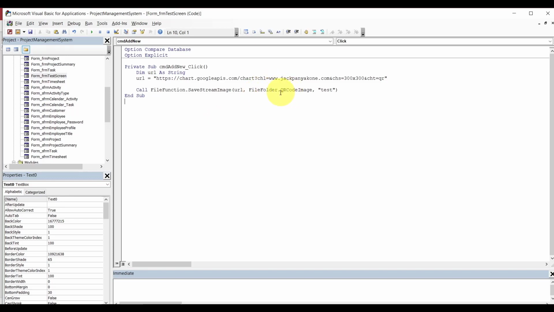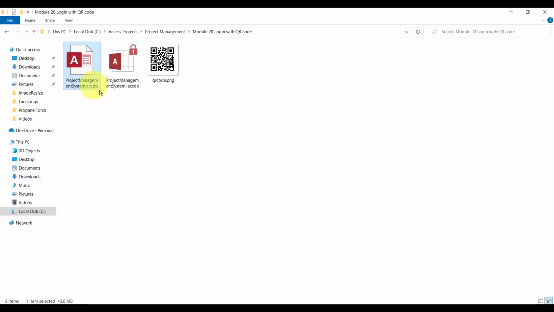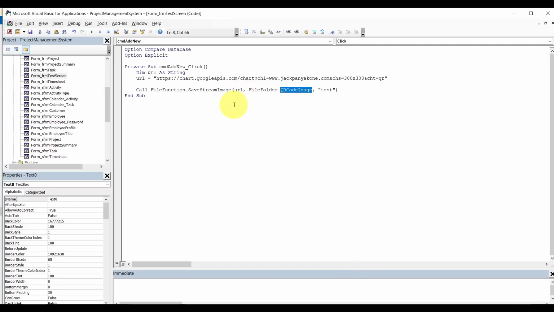Obviously we gotta make sure this folder exists. Currently it doesn't. You see, currently it doesn't. I'll go ahead and delete this one. So what we could do here, we're going to say form is going to do an onload,